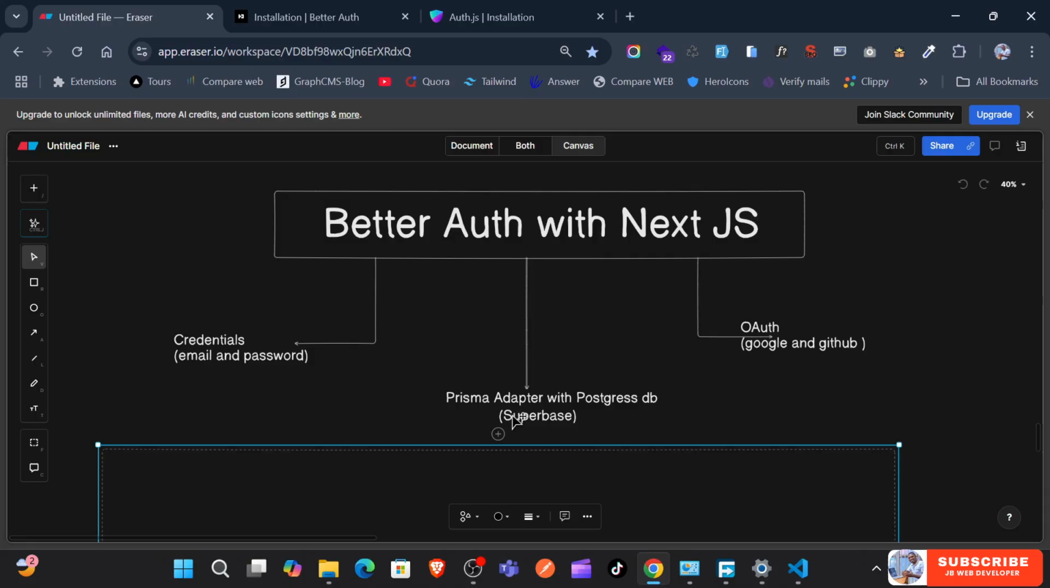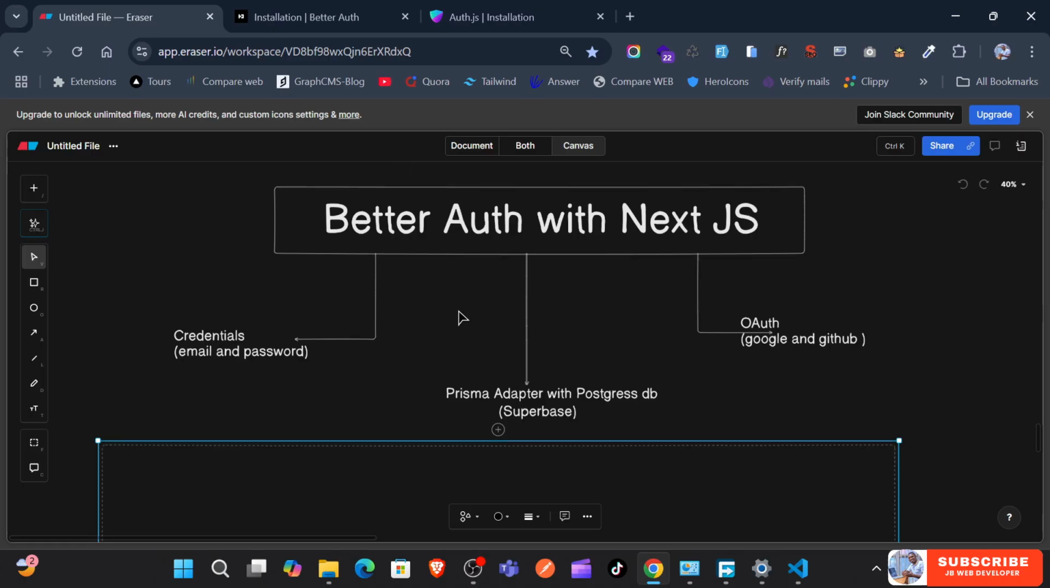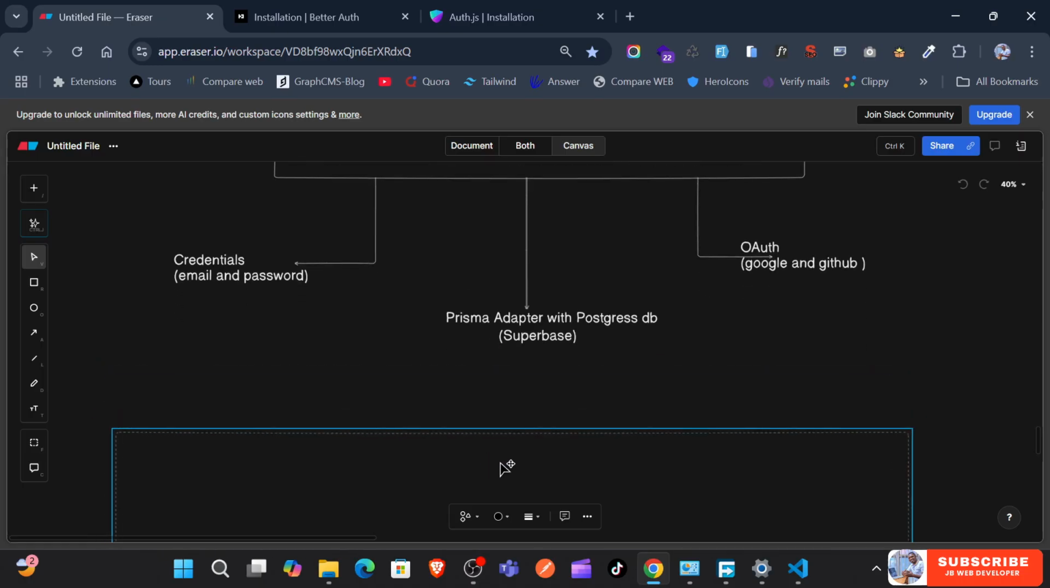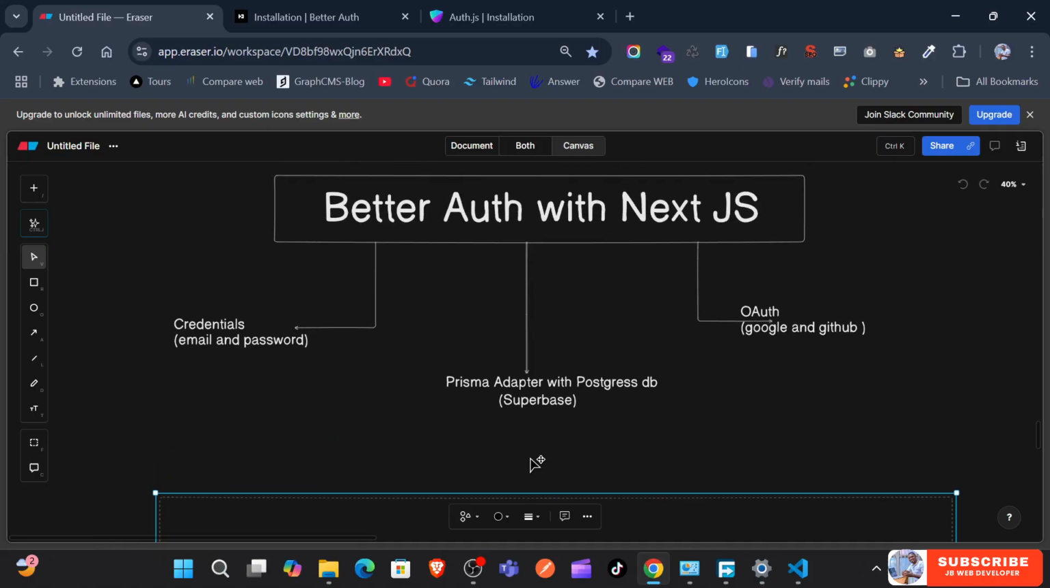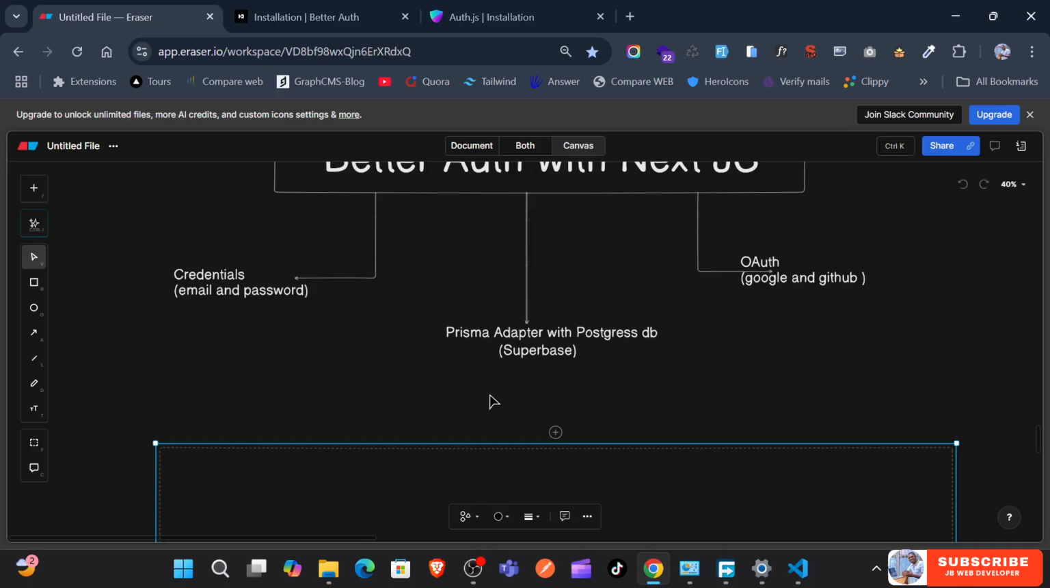But right now, we're going to use Supabase as a Postgres source. We're going to use it to give us a Postgres DB. Then we will also use one thing I think I didn't mention here, which is